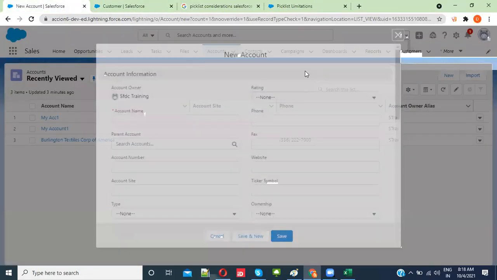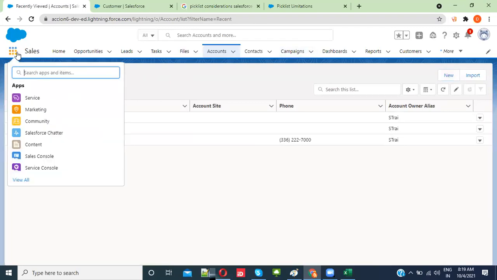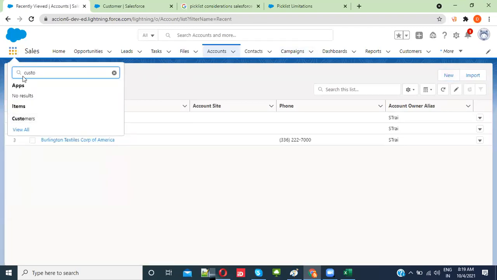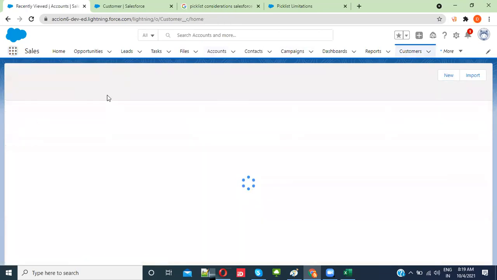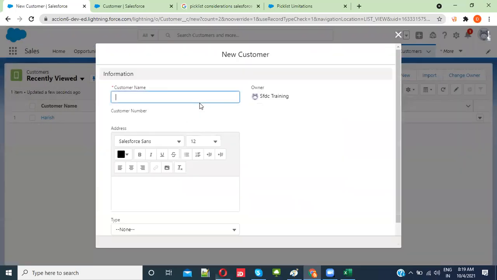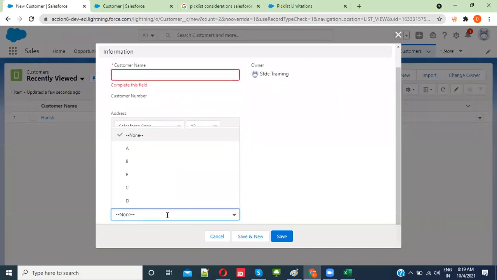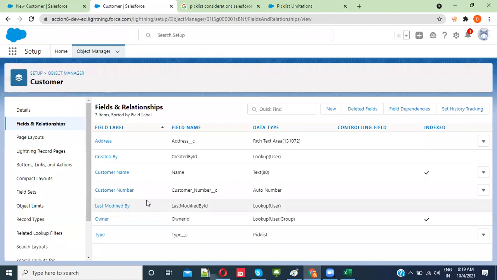Okay, the customers. New customer. See, the type field is there, right? The type field values are like this: A, B, E, C, D. So this is not in order, right? If you want them in a specific order, what we can do is, here there is an option called,